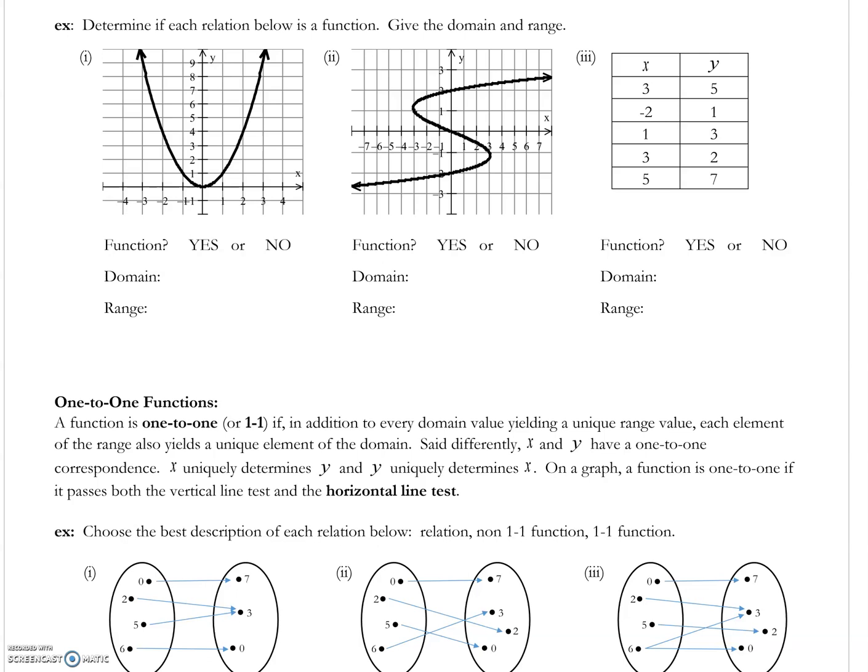And I'm going to use the idea that we discovered up above of the vertical line test. So on this first one, if you take your pen or pencil and you draw vertical lines through any x value, you'll see that you hit this curve one time and only one time, which means,